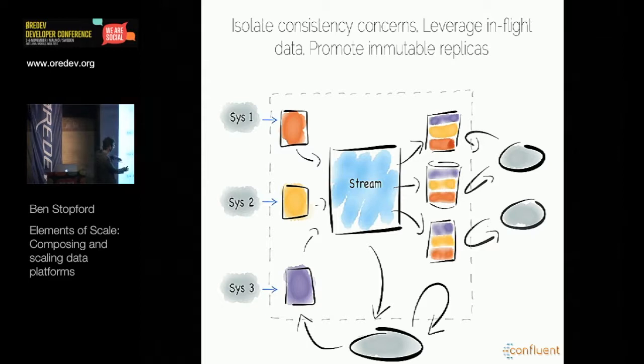So we often have state already inside our relational databases, so we can use those to manage consistency concerns in a nice and isolated way. But then we can liberate the data from these various different silos into one large stream. And then we can operate on that stream using a set of stream processors and create a number of views off the back.